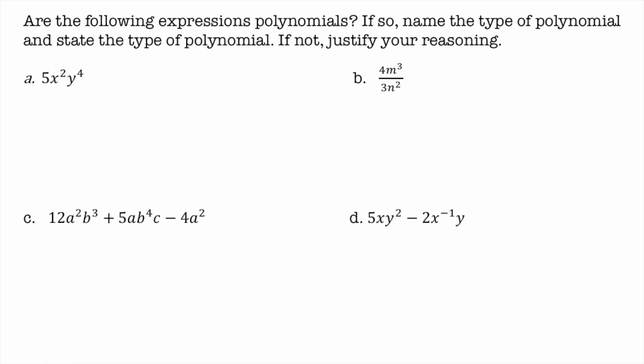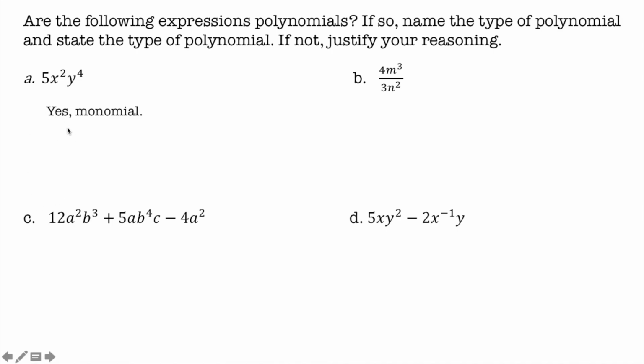The first one is for the directions, make sure that you name the type of polynomial and then state the type of polynomial. That's the same thing, Mrs. Glenn. So that's actually supposed to be state the degree of the polynomial. So for this one, you have, yes, it's a monomial. And remember, the degree is based on when you add up the exponents. So we have 2 plus 4, so this should be a 6-degree polynomial. And this is not in the video, so I'm checking to see if you actually listen to what I'm saying. So in this problem, I want you to make sure you have in your table that you have 6 degree